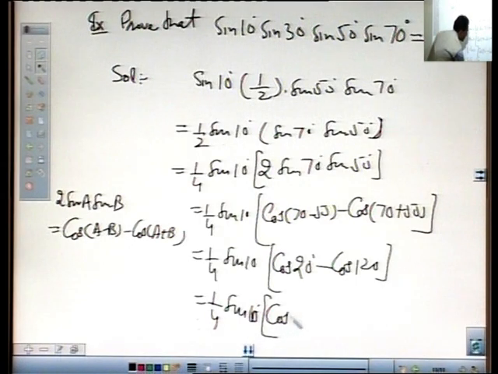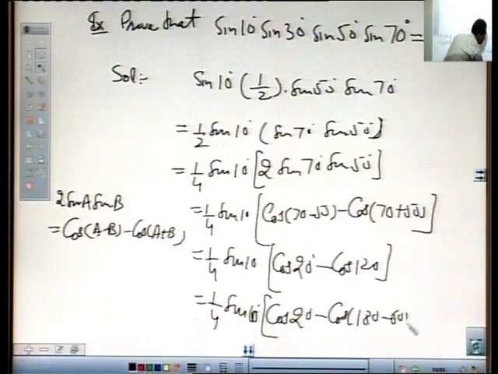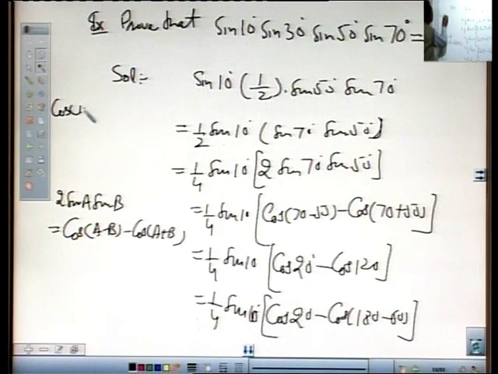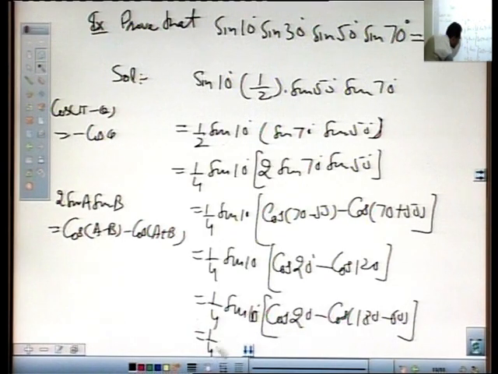and this equals 1 over 4 sin 10 into cos 20, and cos 120 is written as cos 180 minus 60. We know that cos pi minus theta lies in the second quadrant, and in the second quadrant cos is negative, so this equals minus cos theta. Here this equals 1 over 4 sin 10 into cos 20 plus cos 60